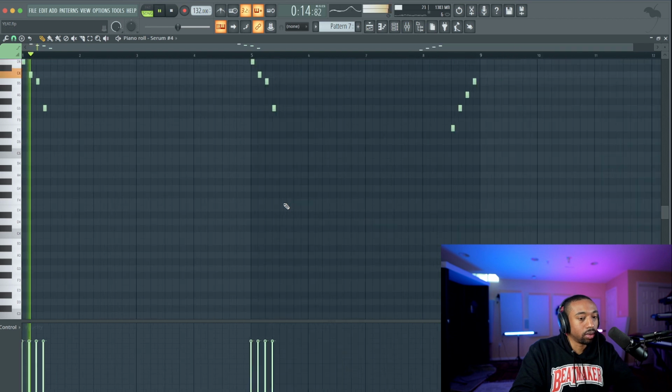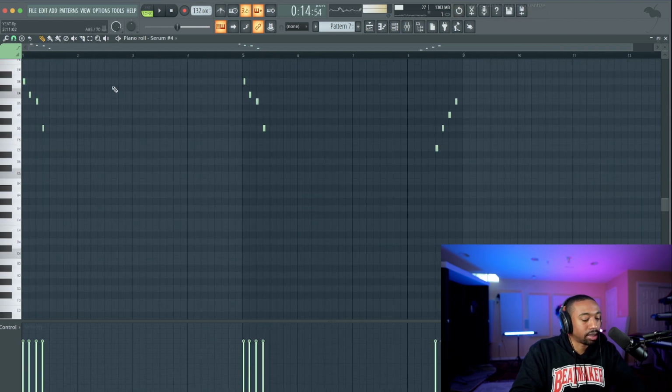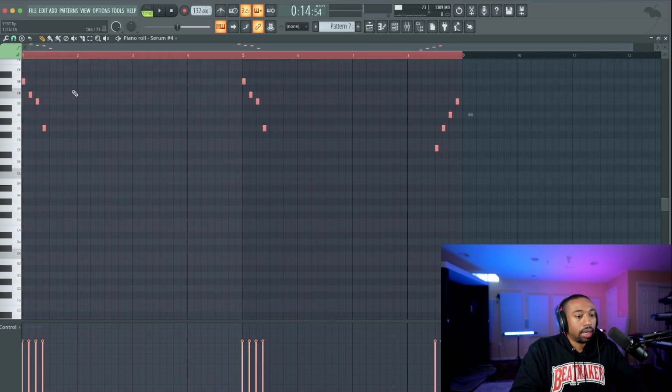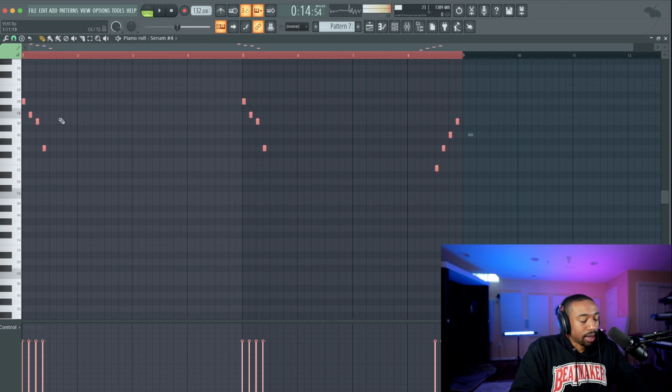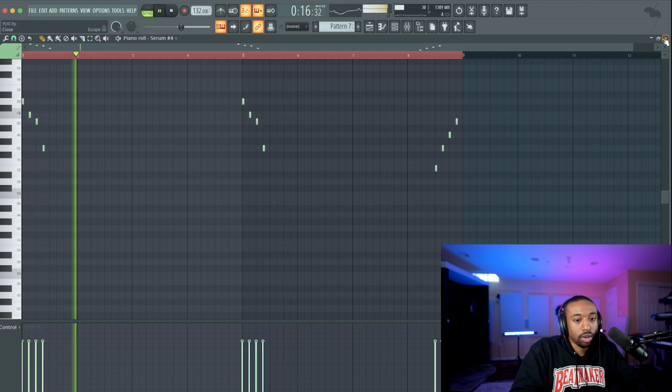Let's hit Control Q. But actually, let's hit Alt Q, because if we hit Control Q, it makes the notes longer. Even Alt Q made them longer. This is tricky because I'm going to show you something. Let's hit Control Q. Let's hit Control A to where it highlights everything. And then let's hit Alt and left click and make those notes shorter, because the notes I played weren't super long. And that changes the whole bounce of the sound.